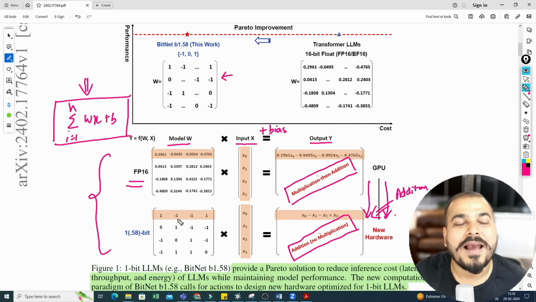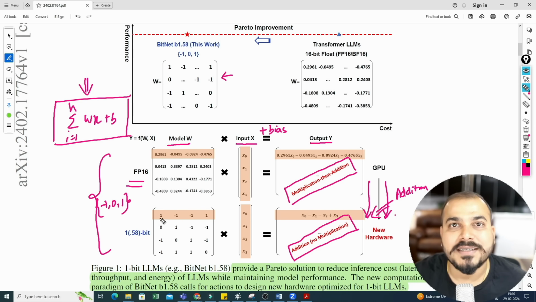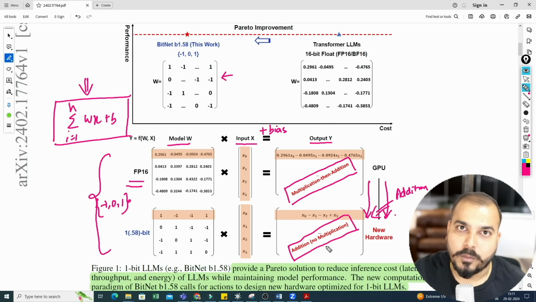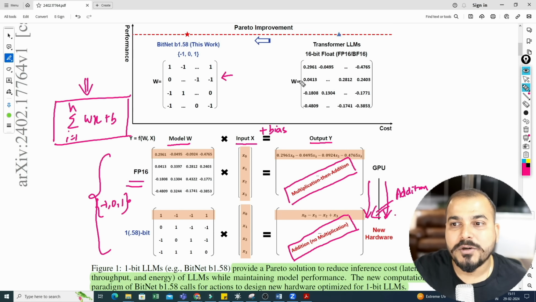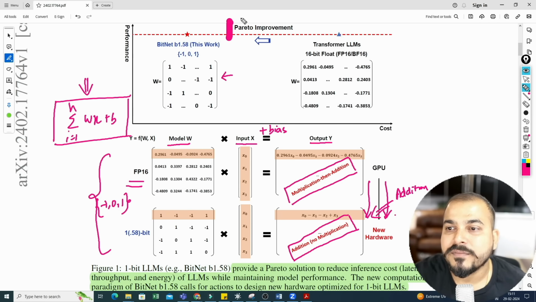But here your values are with respect to ternary, that is -1, 0, 1. So here multiplication is already skipped, because 1 into x0 is x0 only, right? It is a simple multiplication, and that much resources will not be required for simplistic multiplication. So here maximum to maximum only addition will be required, right? So I hope you are able to understand, because of this technique of Pareto improvement,